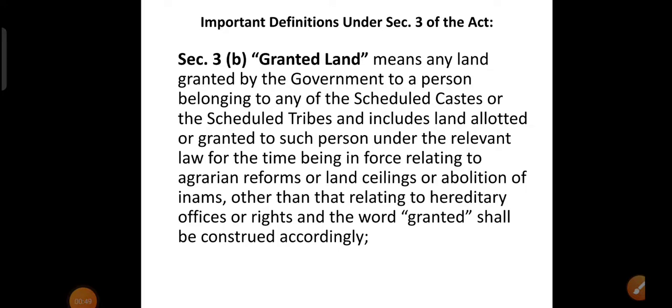Agrarian is related to cultivation, that is agricultural reforms related laws. It has been granted to him, or based on the land ceilings. Land ceiling is the limit of land a person can hold and a cultivator can hold. The possessor who is possessing that agricultural land can hold not more than that area, that is what ceiling. So based upon that it has been granted to the scheduled caste or the scheduled tribes person,